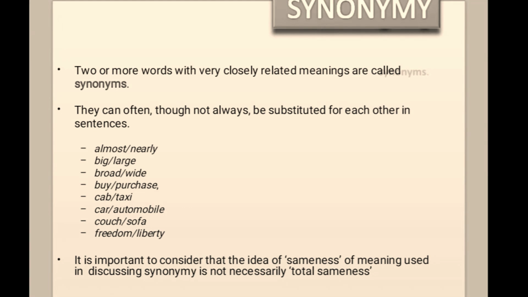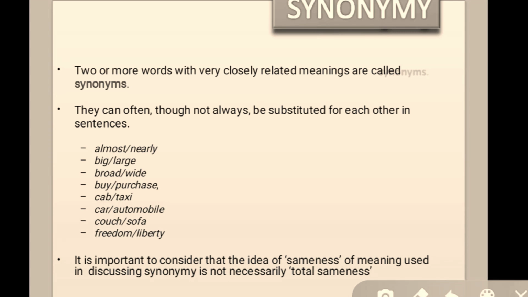Dear learners, the very first lexical relation that we are going to discuss is synonymy. Synonymy refers to the sameness of meaning, right? Most dictionaries tell us about different synonyms, like we have synonyms of beautiful as pretty, handsome, good looking, and there may be many other synonyms of a single word, right? Here is the definition of synonymy,